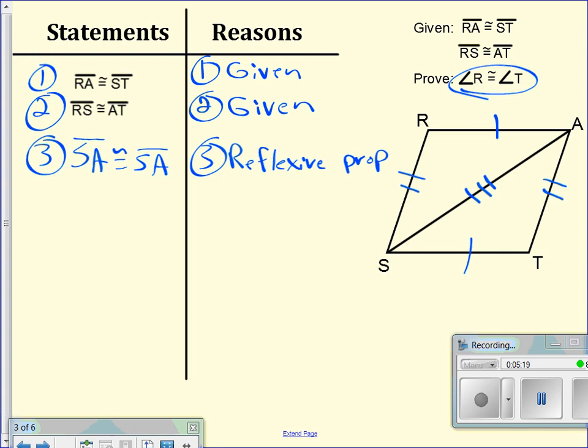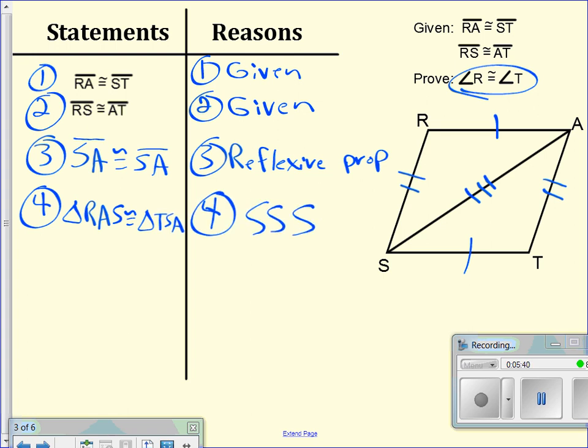But once I say, and I can say, that triangle, let's name it RAS, is congruent to triangle TSA by, let's see, reason 4, by side, side, side. Since I said that those triangles are congruent, and I do have good justification for that, my next statement can be, all right, if the two triangles are congruent to each other, then I know that angle R is congruent to angle T because